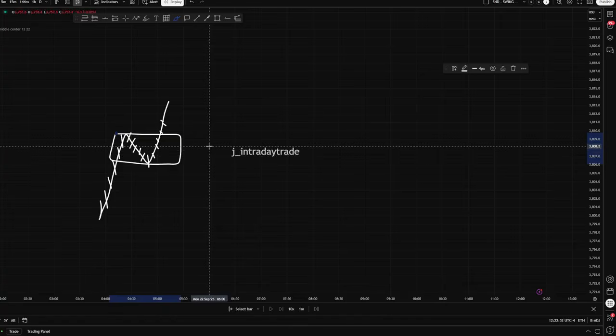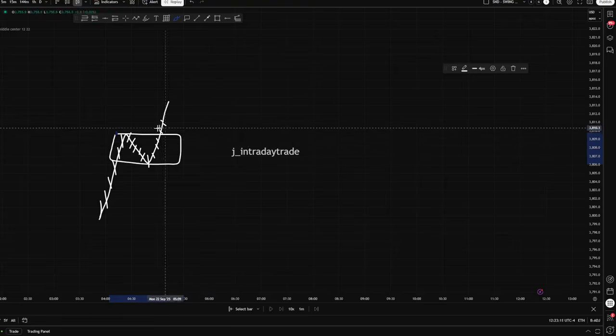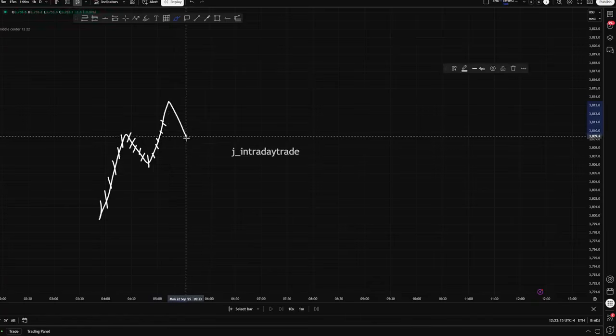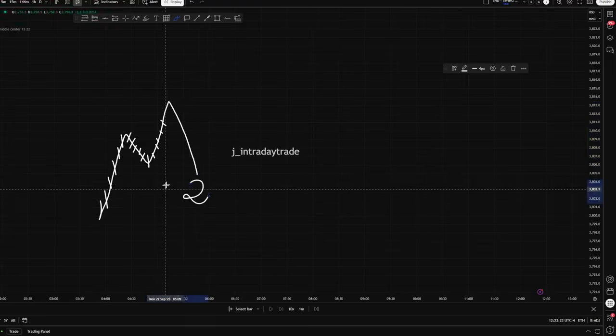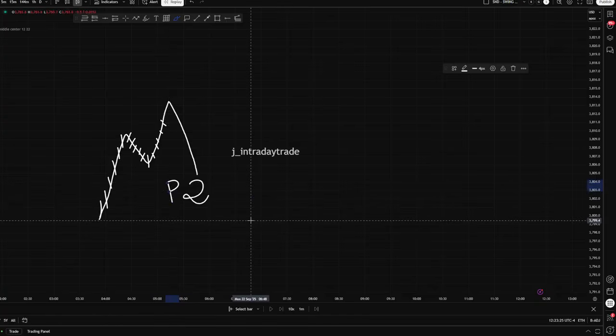But here's the kicker: swings can look differently. Breathing rooms can only look differently based on the size, the amount of candles, but at the end of the day, it's the same thing. It will operate as the same thing in the market. It will operate as the very area in which price is looking to sweep. And this is where the wonderful P2 exists.